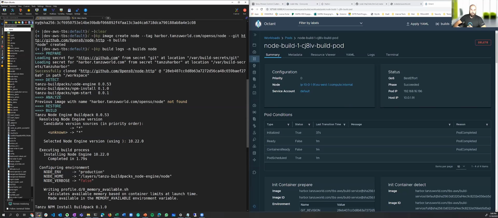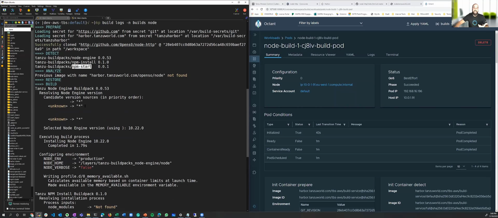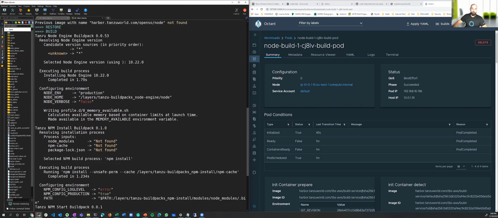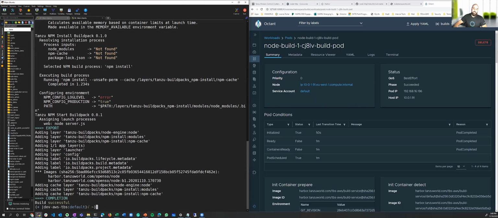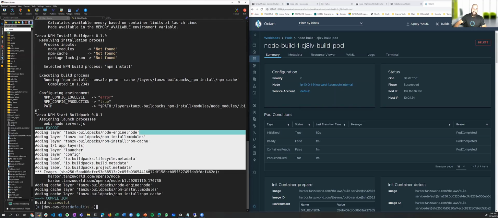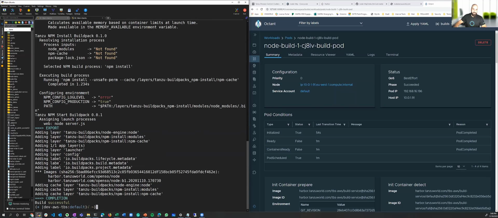So it understands it's a Node.js app. It pulled the Node engine, Node install, npm install, npm start, analyzed that, and then started the build. So basically, that's the build of the Node application. And then the export. The export is adding different layers that it needs and exporting that, and the build is successful. So I'll do kb build list -n